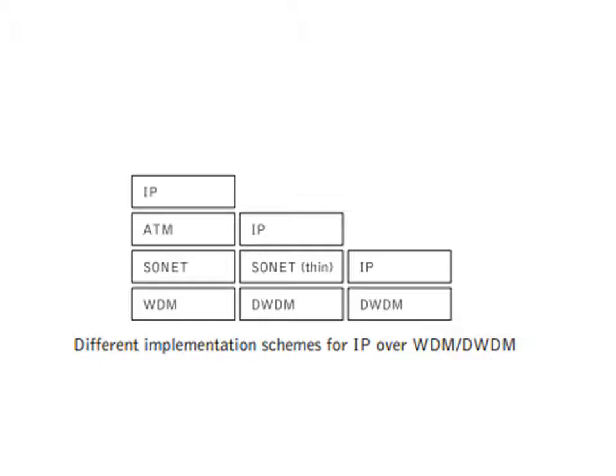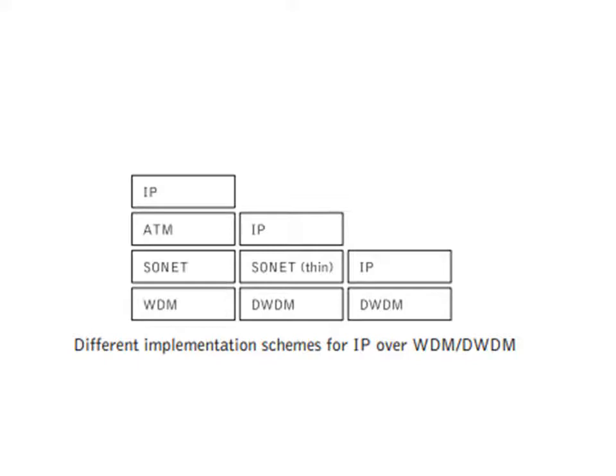The removal of the ATM and SONET layers to produce IP over DWDM is possible due to the increasing sophistication of the optical and photonic enabling techniques. So IP optical networks, using the realization of the IP running directly on the DWDM physical layer, has become an important goal in optical networking.